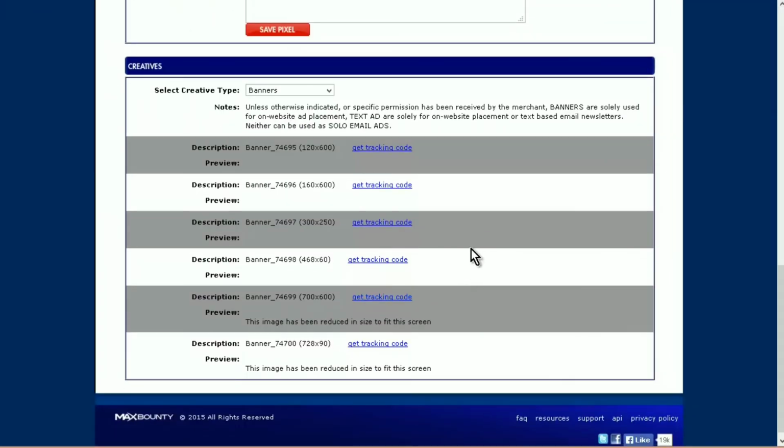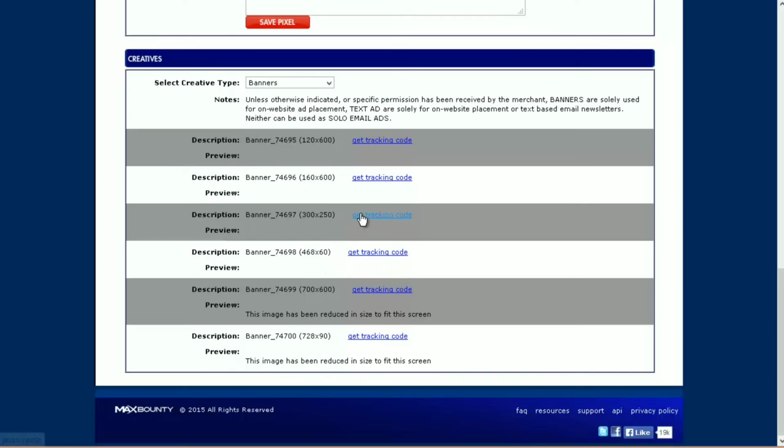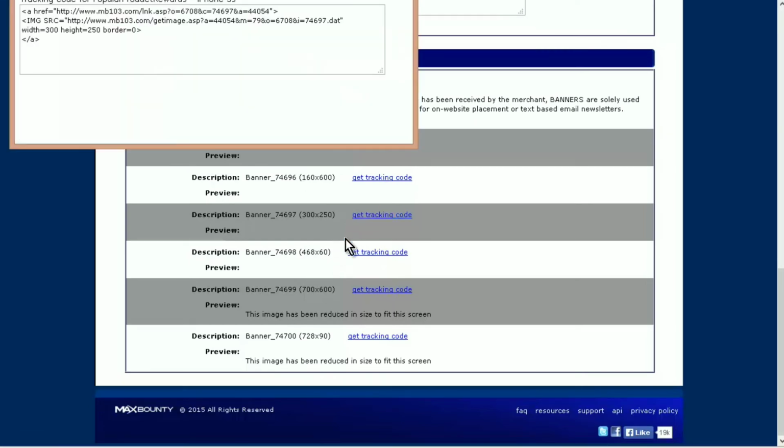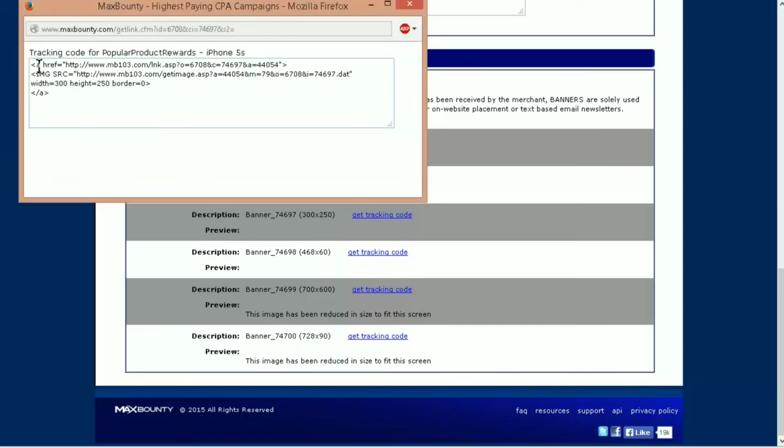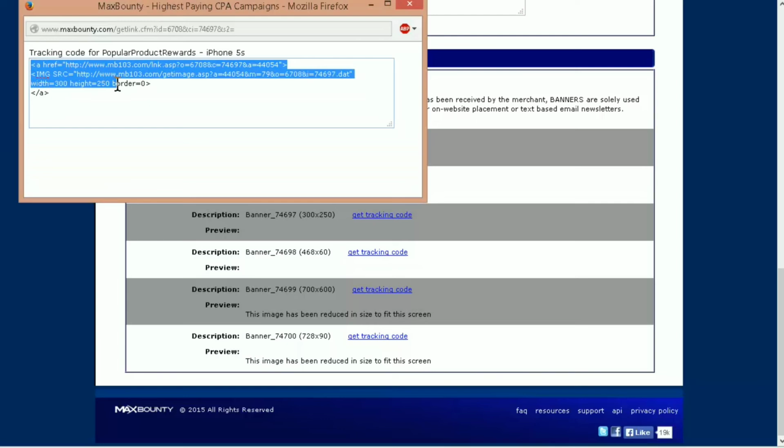So there's a 120 by 600, 160 by 600. So just pick the type that you want here. I'm going to go with a 300 by 250 and get the tracking code. And then I can just put this on my site. So copy